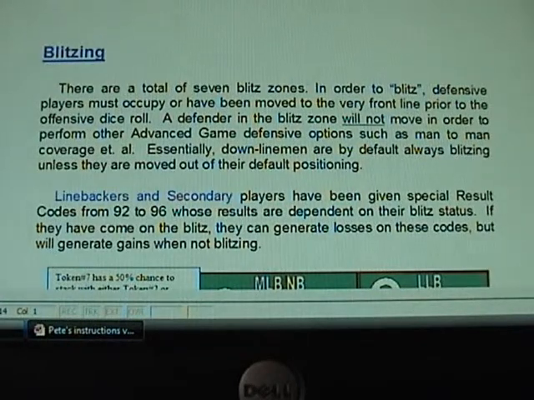For college football instructional video number 18, the topic this time is blitzing. Blitzing is very specific. Blitzing can only occur when you have a defensive player's token move to the very front